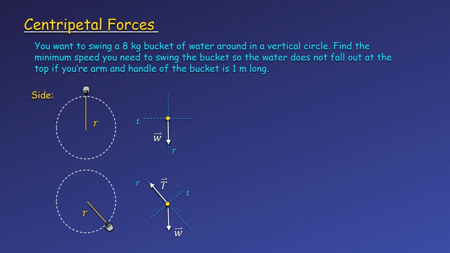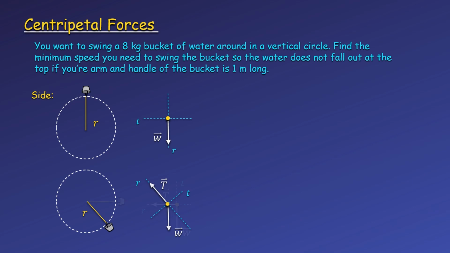Now some of the weight has a radial and tangential component, so the force that you need to cancel out the weight is less. Since the weight has a tangential component that is acting to slow down the bucket as it goes up, this means our motion is not uniform and the speed will vary at different points along the circular path. This is okay because we really only care about the motion at the top. I'm just going through the rest of the circle so that you know why it's important we choose the top